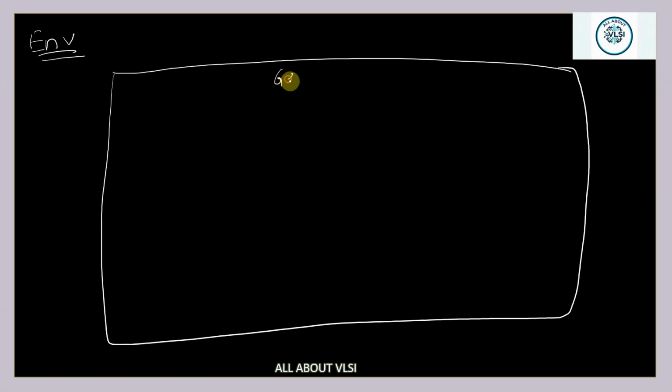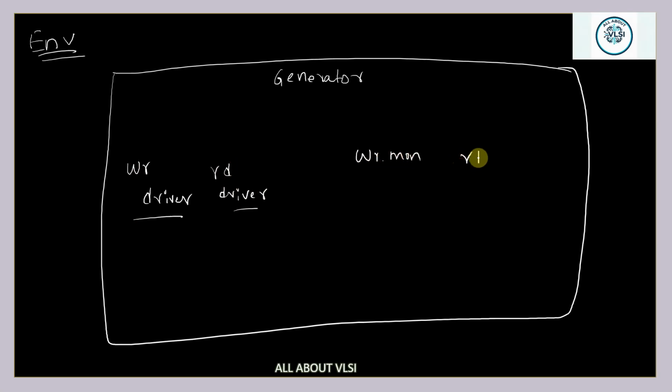That means it is going to have a generator with it, and it is going to have both the write driver as well as the read driver instantiated in it, and the write monitor and read monitor instantiated in it, as well as the scoreboard and reference model instantiated inside it, and the generator is also instantiated in my environment, and also mailbox handles, whatever the